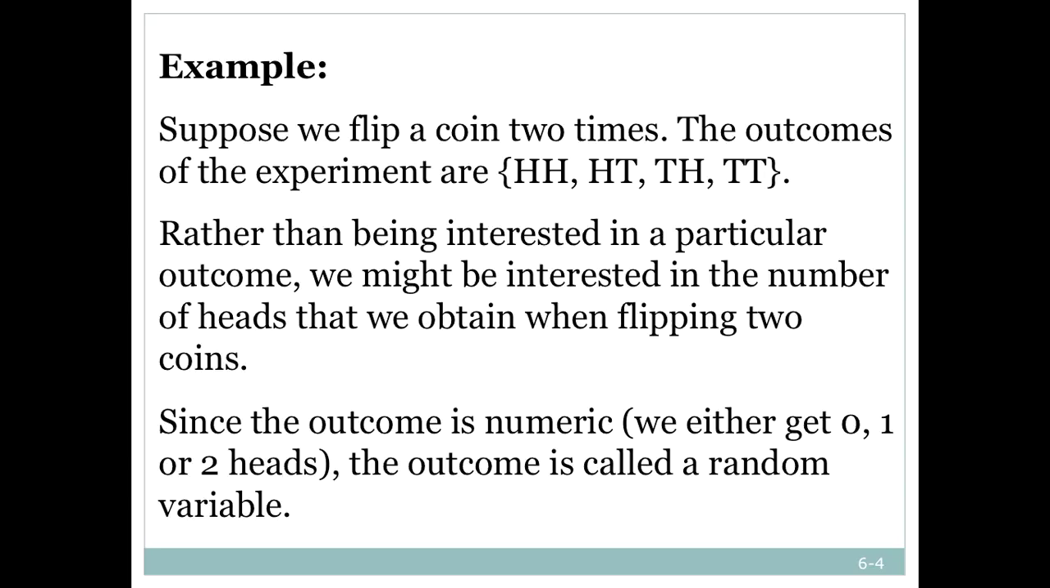So let's say that we flip a coin 2 times. The outcomes can be any one of these four things. We can either get heads and then heads, heads and then tails, tails and then heads, or tails and then tails. So instead of being interested in some particular outcome, we might be interested in the number of heads that we obtain when we flip 2 coins. And the outcome is numeric, meaning we either get 0, 1, or 2 heads, and that outcome is called a